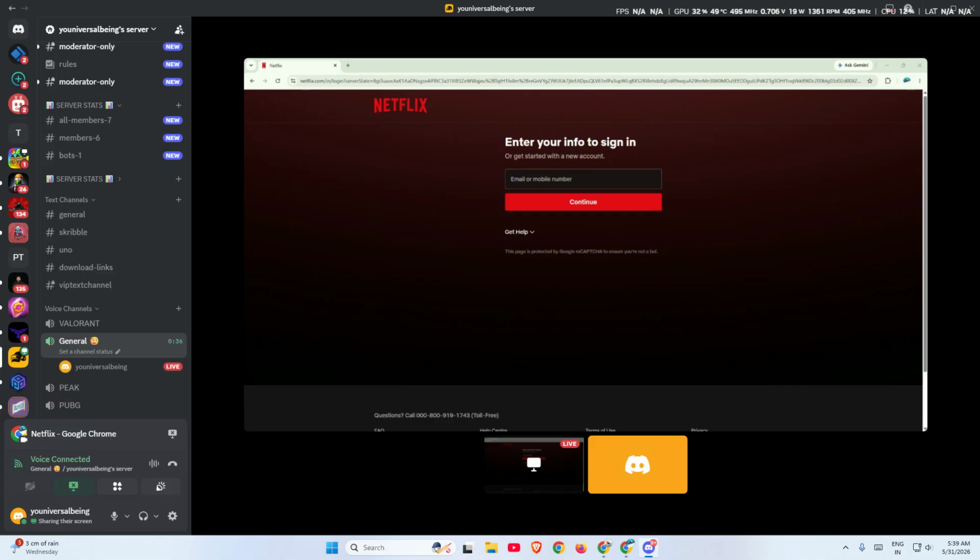That's the full process for screen sharing Netflix on Discord. It's really just a matter of opening Netflix, joining a Discord call, turning off hardware acceleration, selecting the correct window,